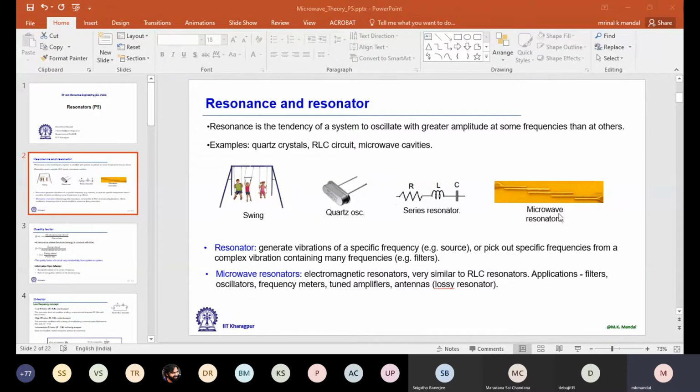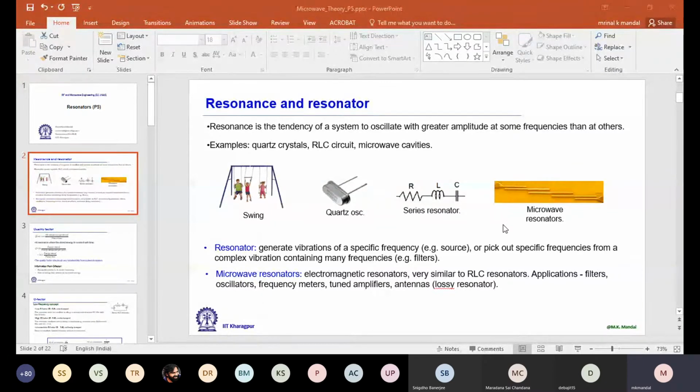So here I am showing the top view. It's a gold plated copper microstrip line, and on the bottom side we have the ground plane. So in this example, we have 1, 2, 3 resonators, and on the left hand side it is actually the 50 ohm microstrip line port. The rightmost side is port 2, and we can connect it to some SMA connectors. Then if you measure it by using a vector network analyzer, the response looks like a bandpass filter. So it is actually a bandpass filter at microwave frequencies.